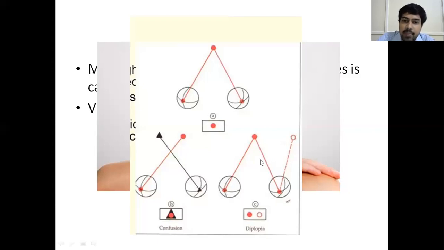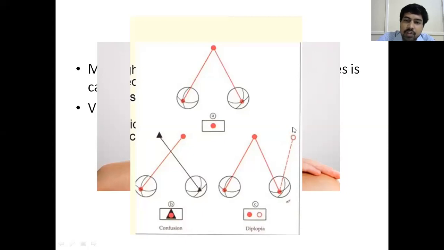visual field. So similarly, in this eye, as it is straight, the image is falling exactly on the fovea, so there is no problem. You are seeing it straight in front of your eyes, the image is present in its exact place where it is located. But here what happens, because of squint, the image is not exactly falling on the fovea. It is falling somewhere beside it. So this particular part of the retina has some different spatial value. So the spatial value of this point of the retina is this particular part of space.